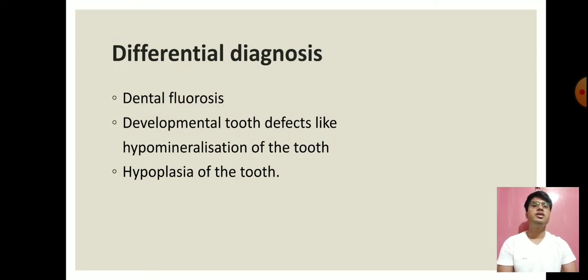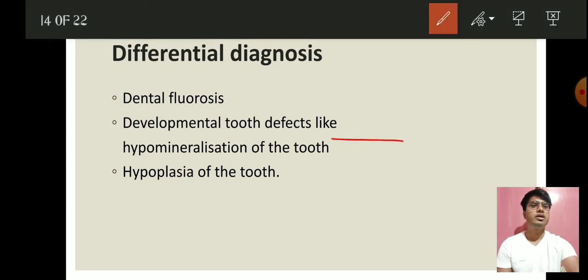Differential diagnosis is done with dental fluorosis. Dental fluorosis is a condition due to high fluorine intake, and there is yellow discoloration of the tooth. Okay, hypomineralization of the tooth occurs in children below the age of 8. Okay, so it is in below 8-year-old children, in the milk tooth. Okay, it doesn't occur in adults, and in this condition there are stains, but they are very lightish yellow type of stains. Okay, whitish yellowish type of stains on the tooth.